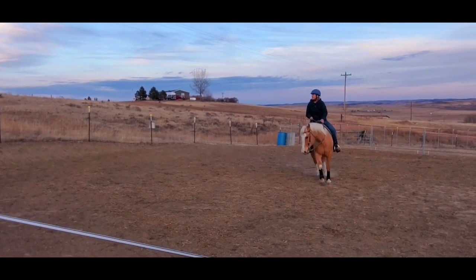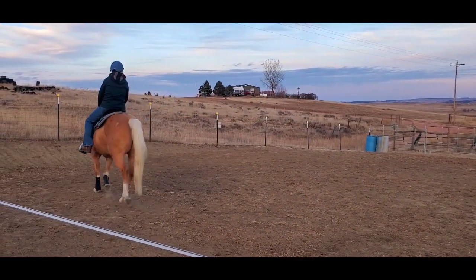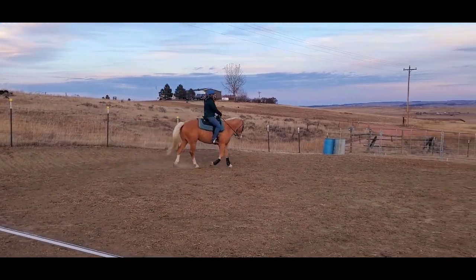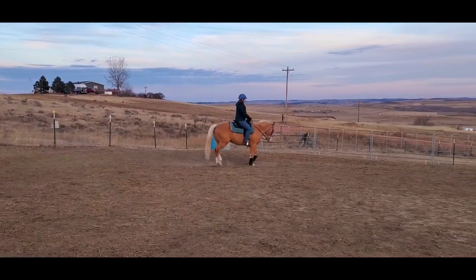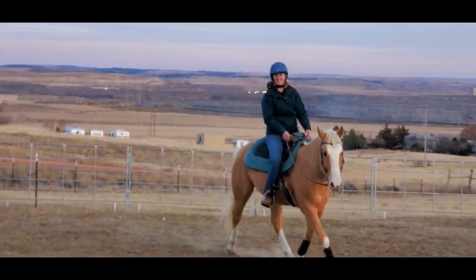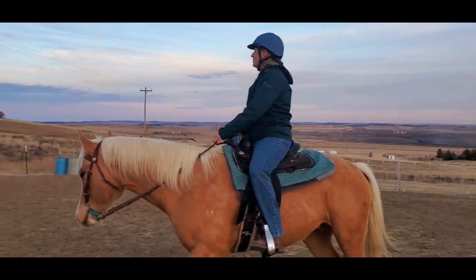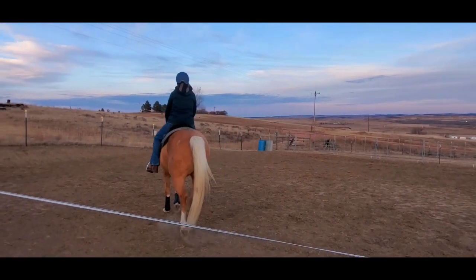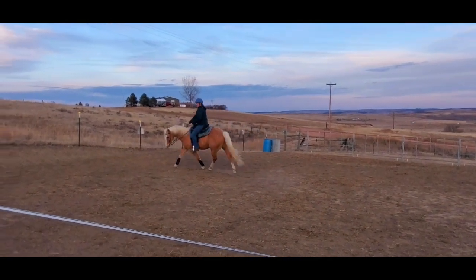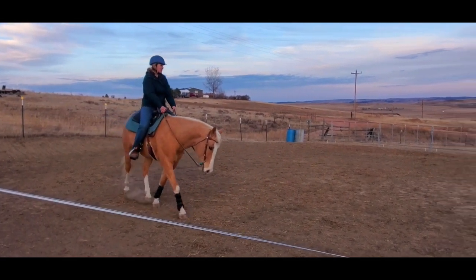They are animals, they are going to react in ways that we may not always find to be perfect or super easy to work with, but that is what builds grit and character in us, and it's really important to remain patient, because they're really trying their overall best. It's an honor to ride and work with horses, and not every ride is going to be perfect and work out great. Here I changed direction with him to keep him focused and do a little quick turn there,